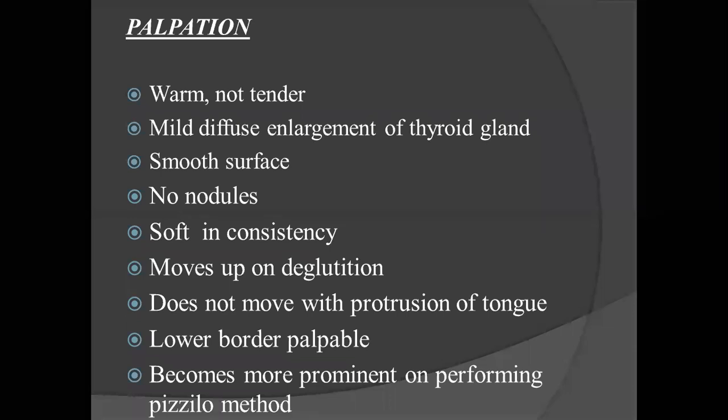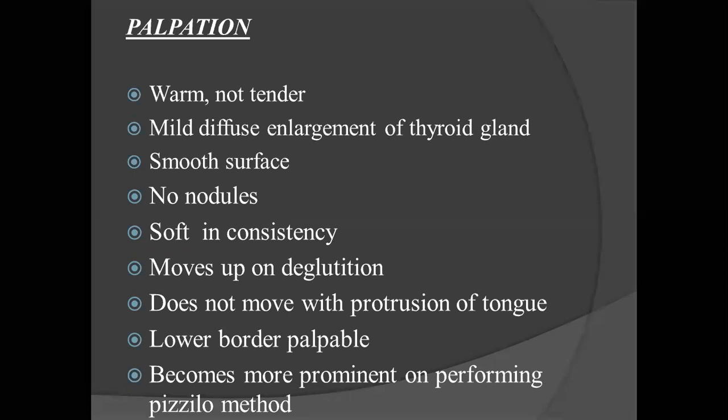On the posterior lamina of the pretracheal fascia, there is a condensation of the fascia. It forms a thick ligament, which is called the suspensory ligament of Berry. This attaches the posterior part of the thyroid gland to the cricoid cartilage and the laryngeal apparatus. Normally when the patient swallows, the laryngeal apparatus moves up and down. Because the thyroid is attached to the laryngeal apparatus, that is the cricoid cartilage, by the suspensory ligament, the thyroid gland also moves with deglutition. This should be your complete answer.